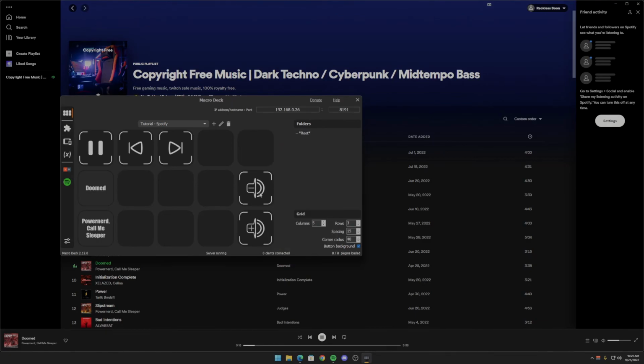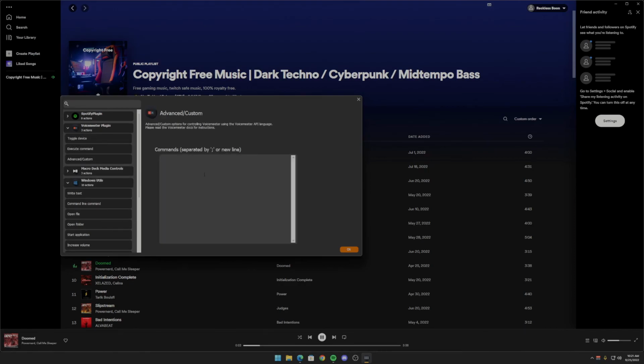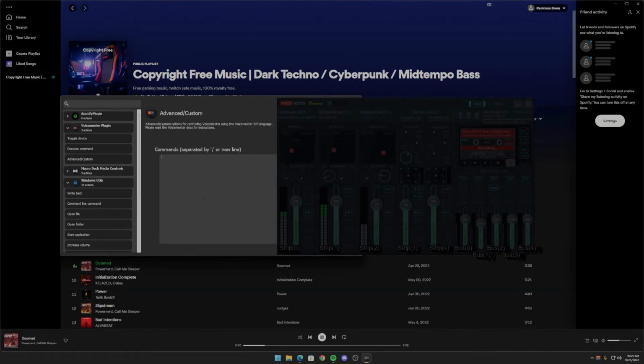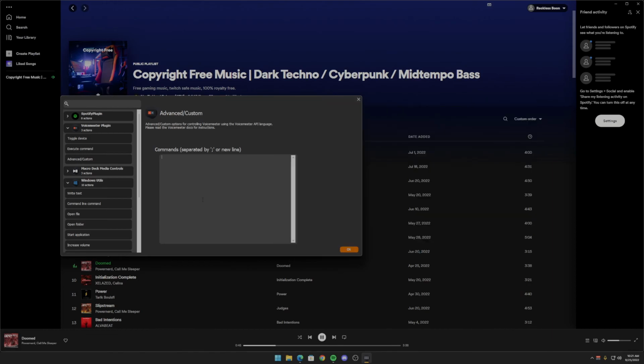Then over here, we're going to edit this, and instead of the Windows Utils, we'll use the Voicemeeter plugin, advanced/custom. And what we're going to do here is change the gain of whichever strip you use. So in my case, that is strip number 3. It's 0 based, so the first strip is 0, the second strip is 1. And so I have Voicemeeter Banana, which has 3 inputs, 2 virtual, and then all the outputs. So the one that I want to do, which is my computer audio, is strip